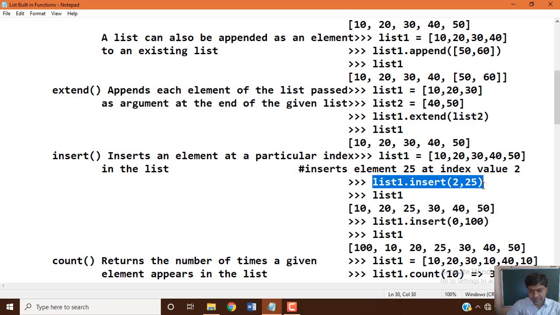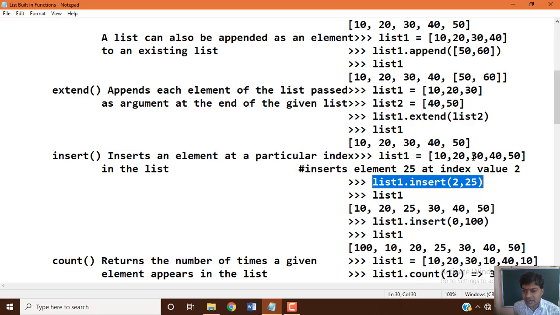So how is this statement going to work when you execute it? Look at the list1 variable's data items: 10, 20, 30, 40, 50. We know the index numbers by default are positive indexes, that is 0, 1, 2, 3, 4. Now we are going to add 25 at index number 2.